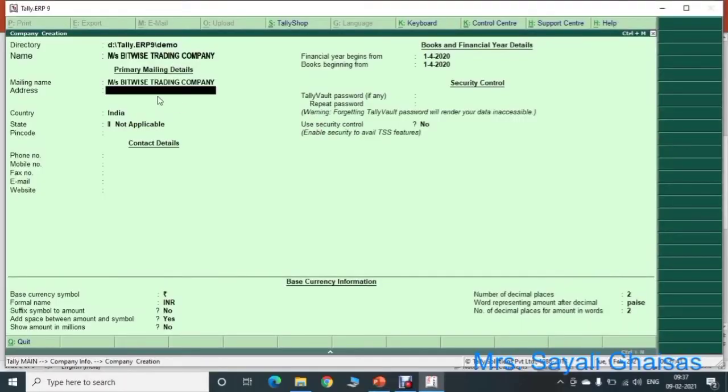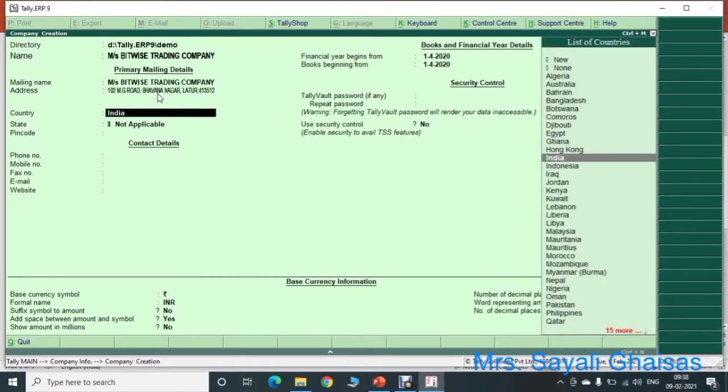So let us add these details here. 102 MG Road, Bhavna Nagar, Latur, and the pin code is 413512. Okay, now again press the enter key.